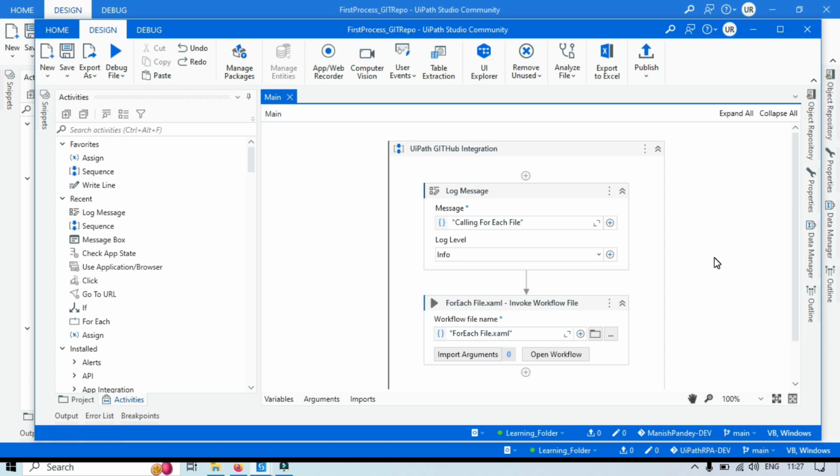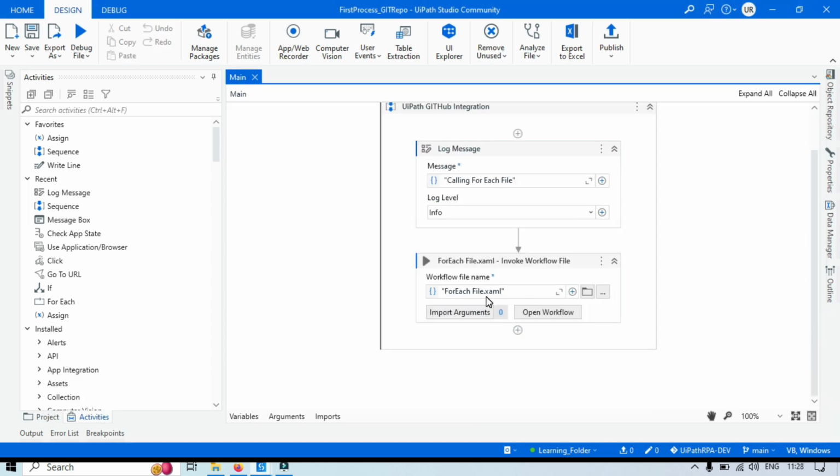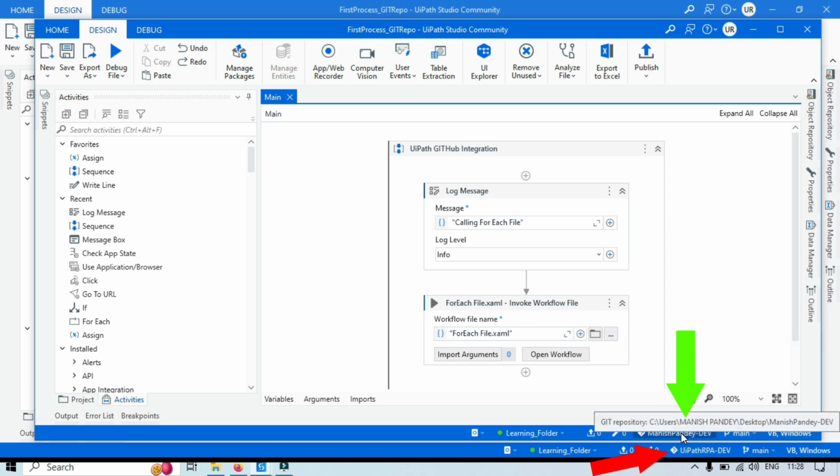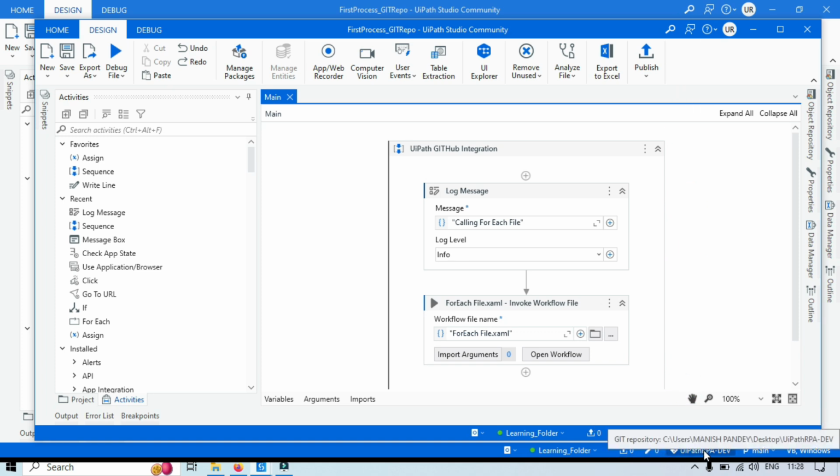So in this video we'll talk about that. I will show you each and everything. If you see my screen, you can see here there are two instances of UiPath Studio opened, and they have the same code. Here we have calling for each file, the log message, and a workflow for each file. Here also same thing, but one difference you can see is the repository. This repository is going to Manish Pandey-dev. Second is going to